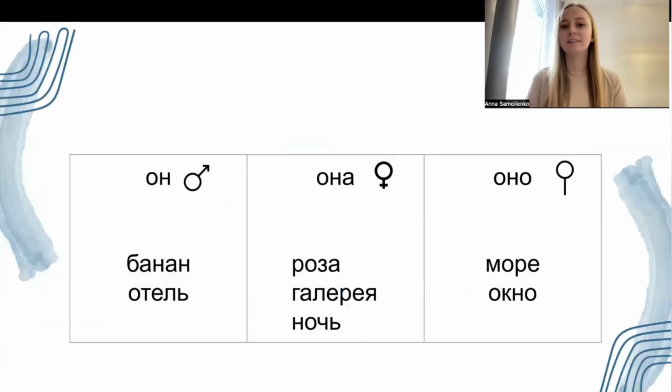So here you can see the answers. Let's start with the masculine gender, он. And there are 2 words, банан, отель. Она: роза, галерея, ночь. И оно: море, окно. I just wanted to tell you it's absolutely okay if you make some mistakes,